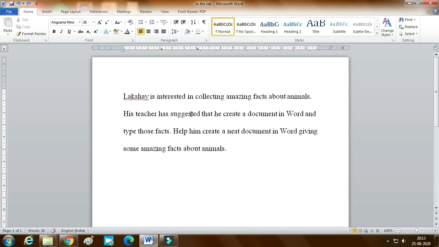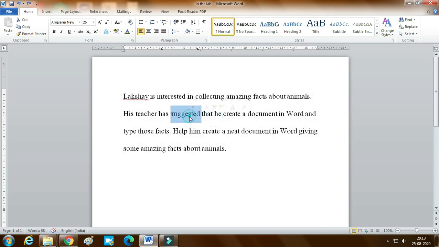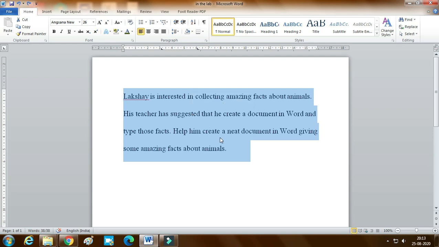Click three times quickly on the paragraph, 1, 2, 3. Then the paragraph is selected.